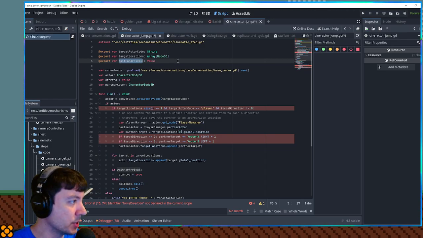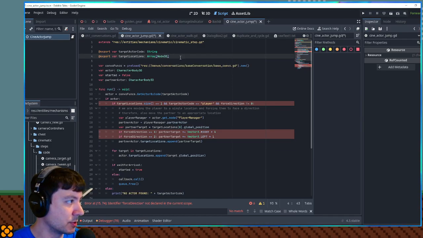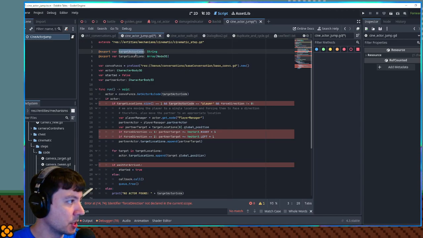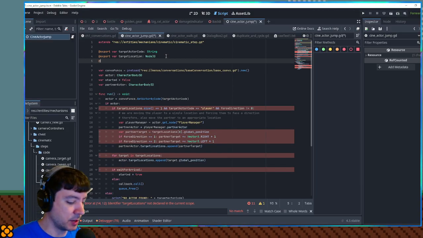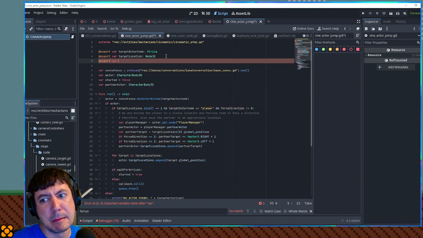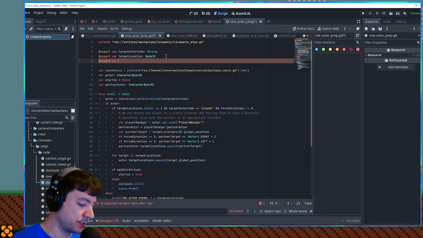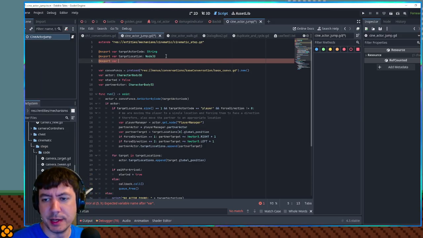We will assume wait for arrival is true. Target actor, target location is going to be a node 3D, and we need to provide a time, and an optional